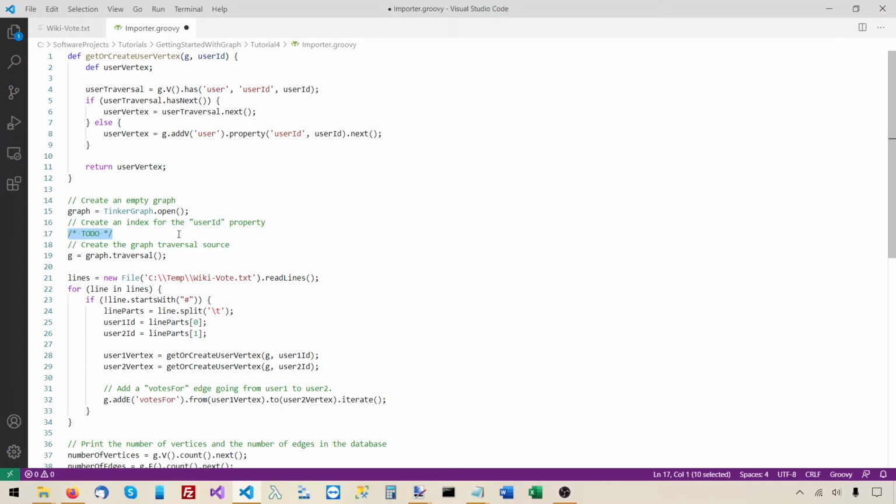Well, the way you create an index depends on your graph database. Right here, we're using TinkerGraph. So the way you create an index in TinkerGraph is by using graph. And remember, we never use the graph object for anything other than creating the traversal source. But here we'll use it for something else. We'll use the graph object to create an index. So we will say